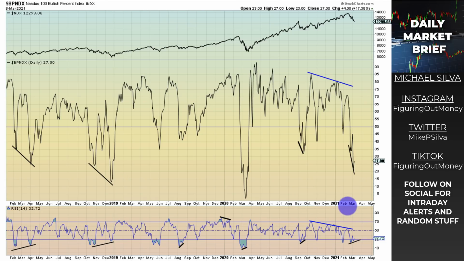Now, this is the BP NDX. Why I've been saying the BP NDX, the NDX, the Qs, might not be the greatest place to short here, even though we saw a big down day today. But look at the uptick today in the BPs. So we saw an uptick here suggesting that internals are actually strengthening. And we see the positive divergence.